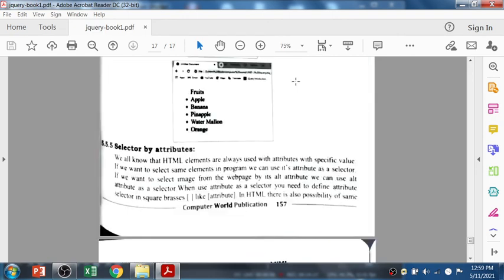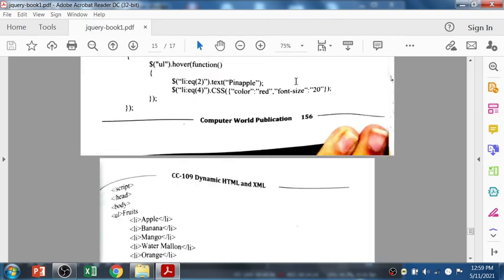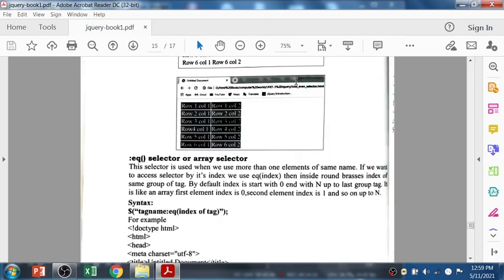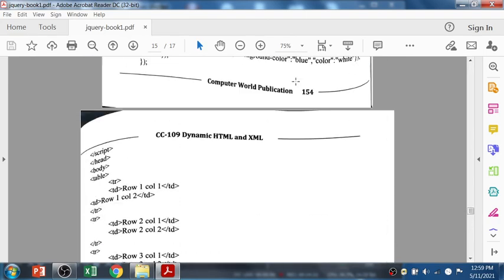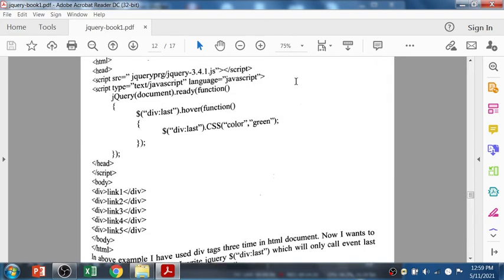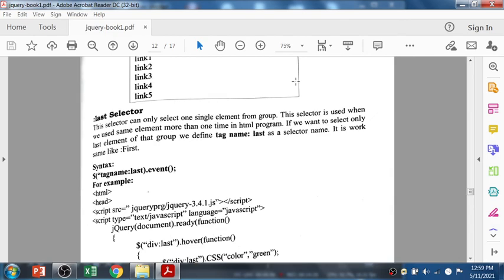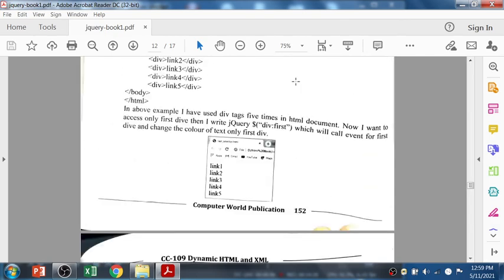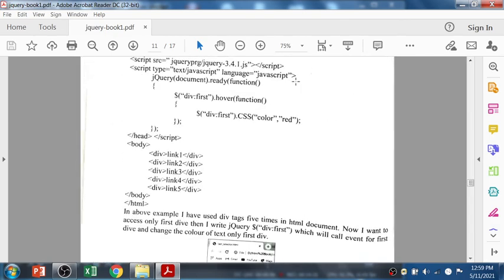So for pointing to the HTML element, two more concepts: one is selecting the element by its position, and another is selecting the element by its attribute. We'll discuss them in the next video.